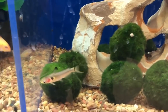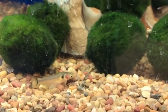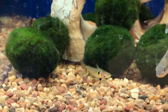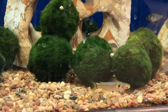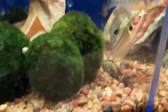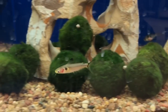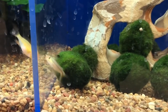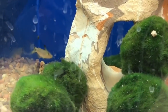As you can see, they're obviously selling these Eclipse Catfish as really small juveniles, like PetSmart always does. But these fish, guys, will commonly grow 10 inches and above. So if you're thinking about a tank size, I would say a minimum of 75 gallons. And like I said, they'll eat anything that sinks to the bottom. Super sturdy fish. It would actually be a cool fish, now I think about it, to just watch grow out,